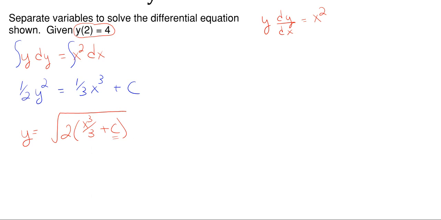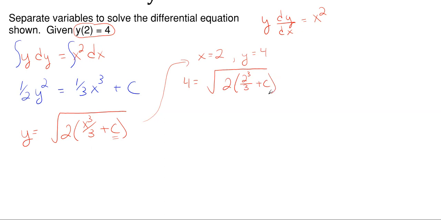From the boundary condition, which I'm just going to write up here, y of 2 is equal to 4, so that means the variable inside the y equation has to be equal to 2. Well, that's x. And then the resulting y equation would be 4. So let's just plug these in here. So we would have 4 is equal to the square root of 2 times 2 cubed over 3 plus my